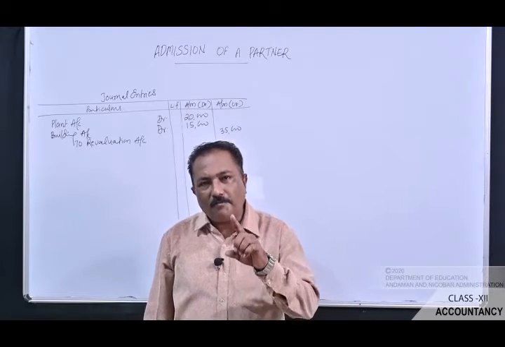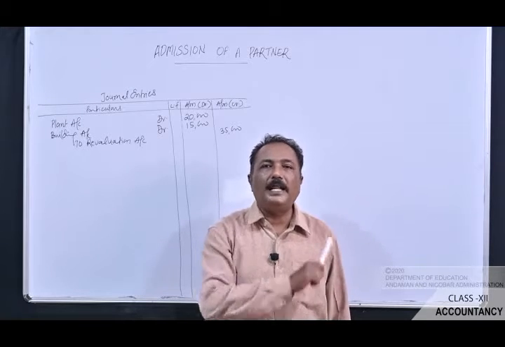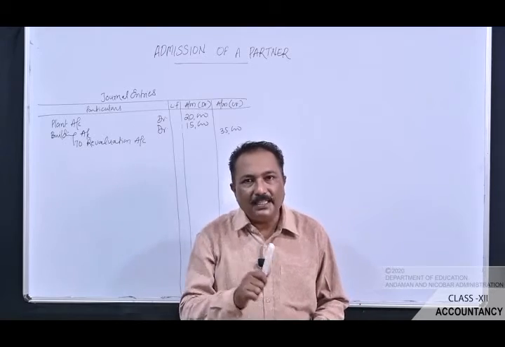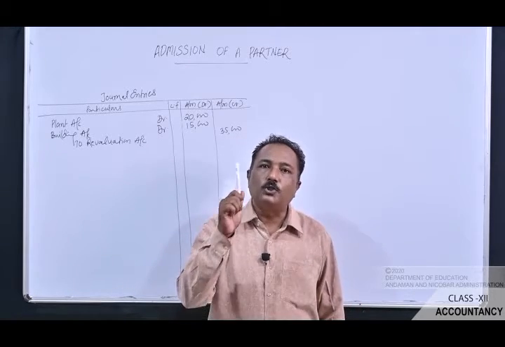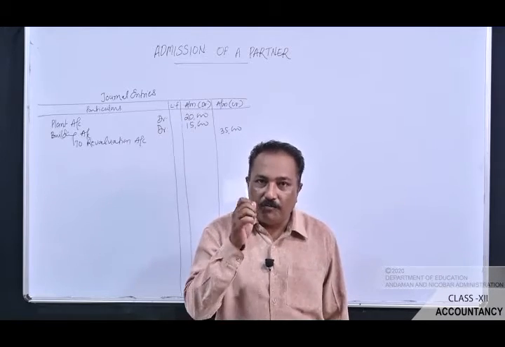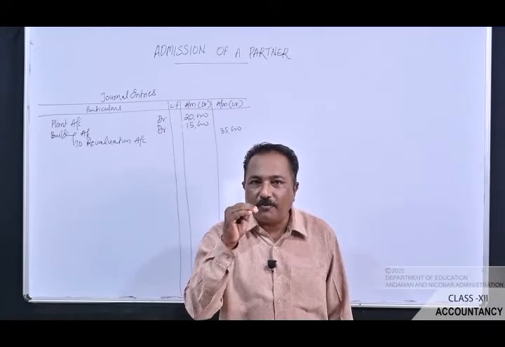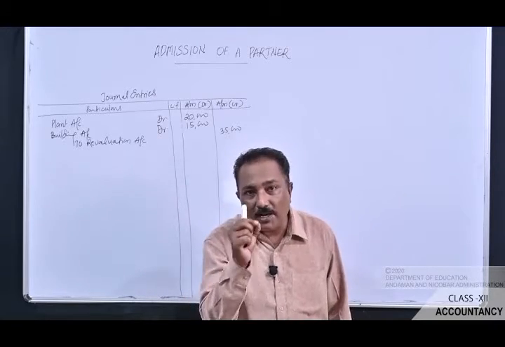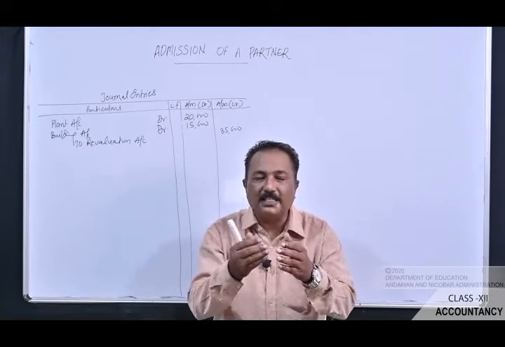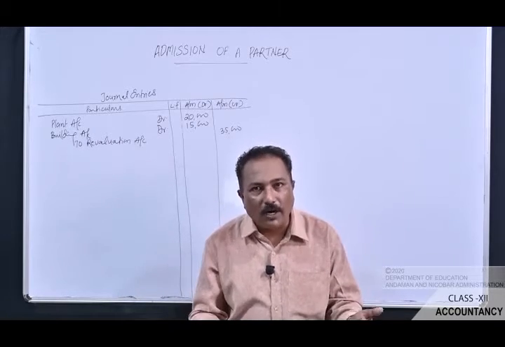Now see, what is the value of the stock given in the old balance sheet? The value of stock given in the old balance sheet is rupees 40,000. What does it mean? It means that the value which is shown in the old balance sheet is more by rupees 4,000. Now you will have to reduce that amount. So the new value of the stock will be rupees 36,000 only, because here it is very clearly said that the value of the stock is found to be overvalued.